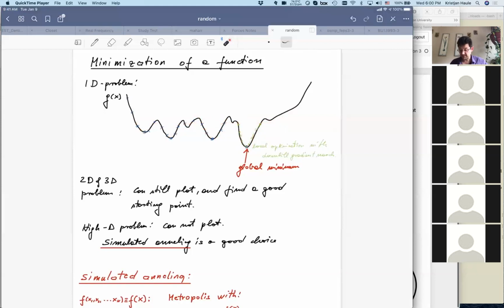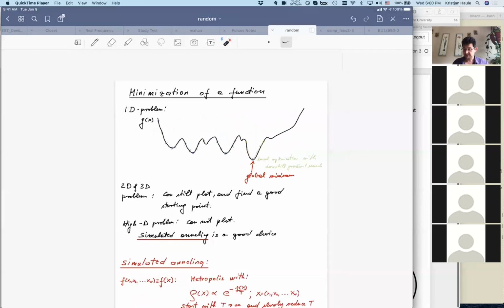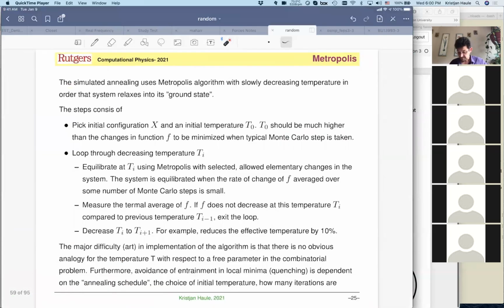Of course, when the temperature becomes sufficiently low, the probability to tunnel through it is going to become very small. It can still tunnel sometimes, but the probability becomes small. So hopefully by then, when the temperature is here, we are not going to tunnel through anymore. We're going to get into the global minima. So that's the idea. Now,